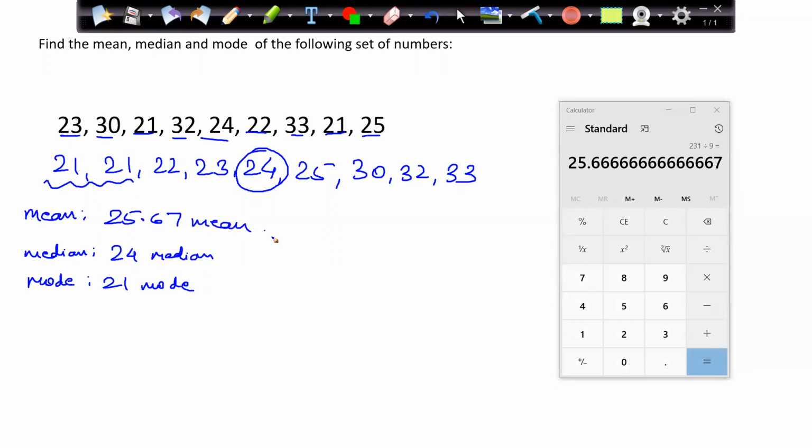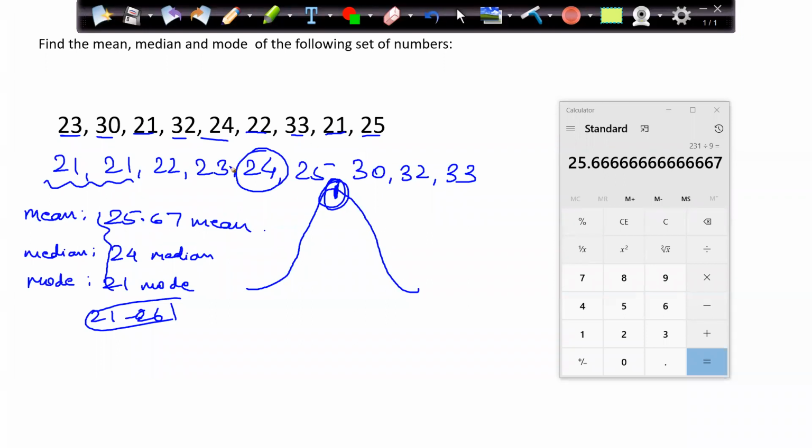From this data set, we understand that my mean, median, mode are almost in the same range, right? And you can see that there is no outlier present in my data set. If I try to roughly identify how my data will look, I'll create a bell curve and I can see that my mean, median, mode are almost in the same range, which is 21 to 26, you can say. In this range, my mean, median, mode are present.